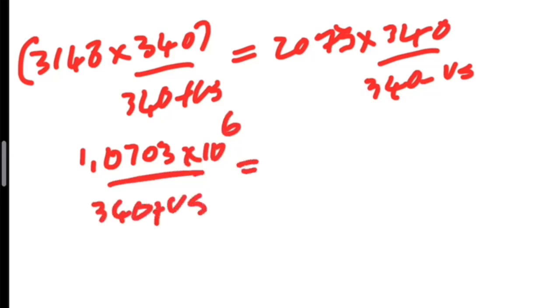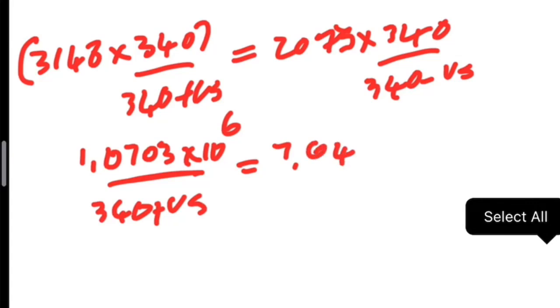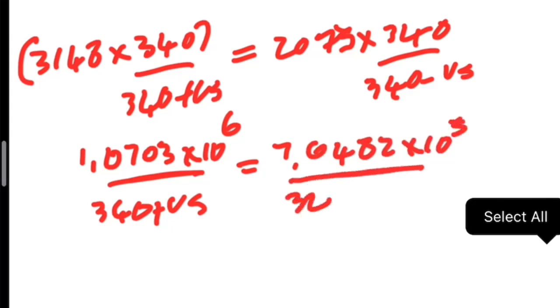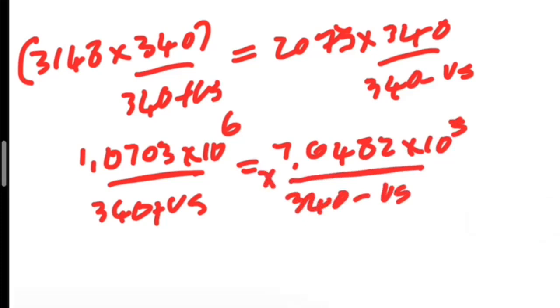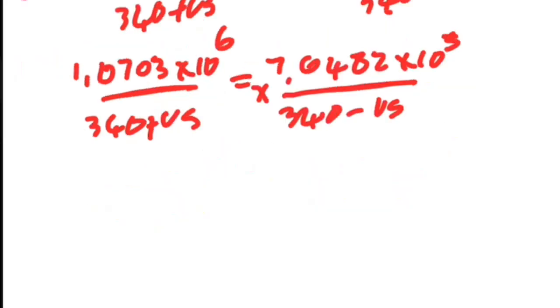This will be equal to, so now 2073 multiplied by 340. This is 7.0482 times 10 to the power 5, everything divided by 340 minus Vs. Again, we need to cross multiply. So we have 1.0703 times 10 to the power 6 multiplied by 340. I'm getting